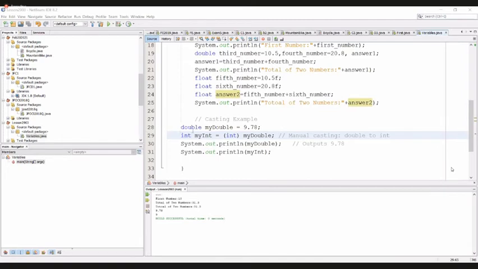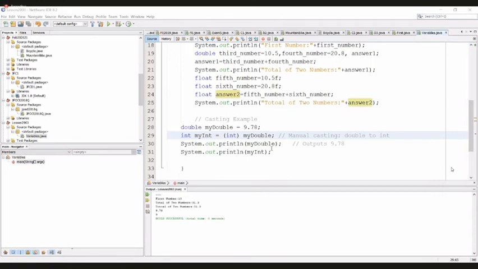Then I have declared an integer variable called myInt. Its type is int. Now you want to manually cast the double to int. For that purpose, you have to use brackets. myDouble is in double type, then within brackets you have to give int. Then the double variable will be cast into int.